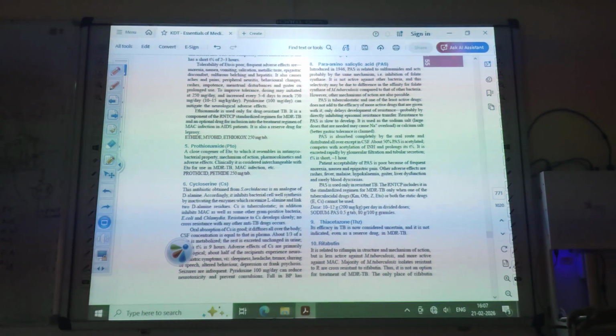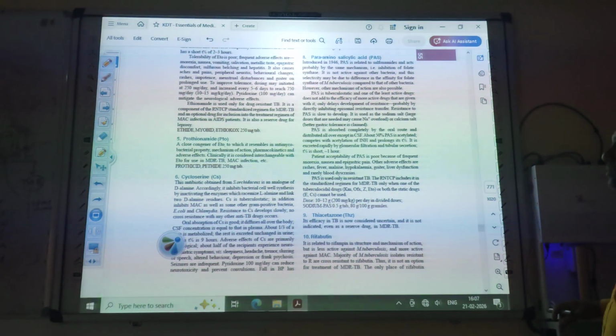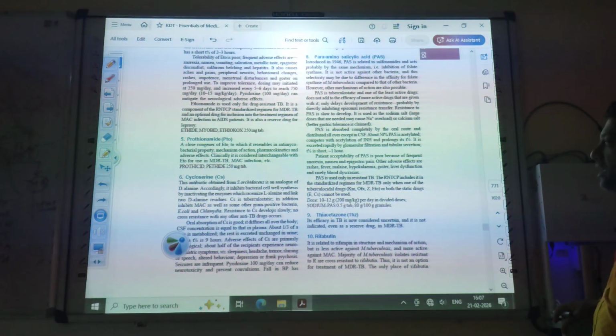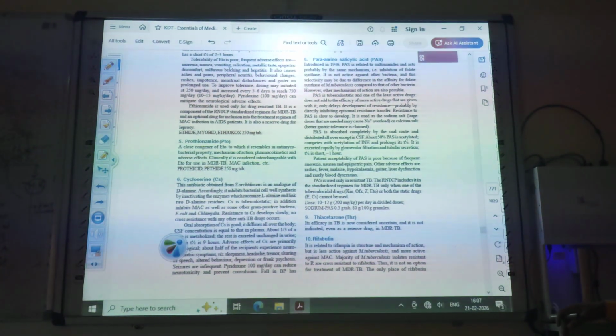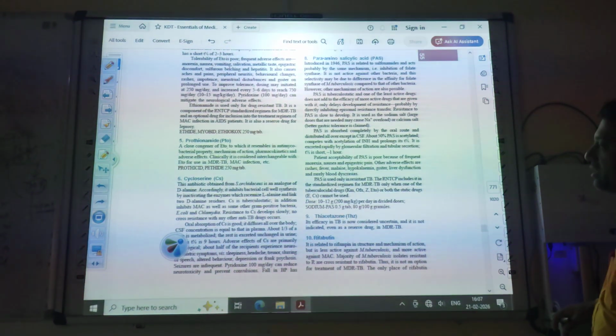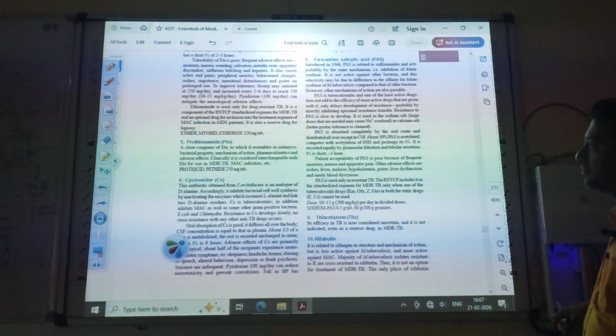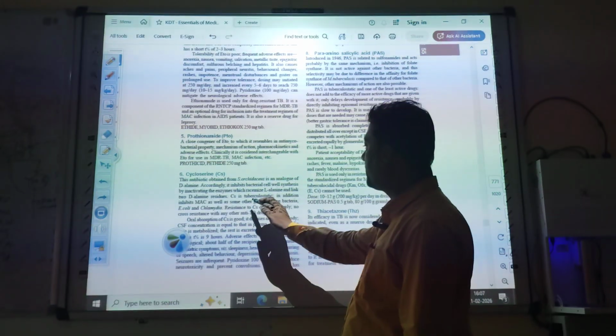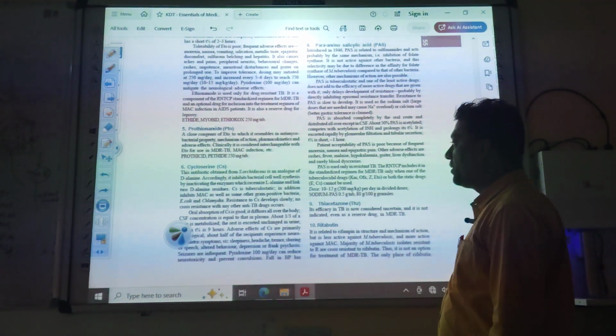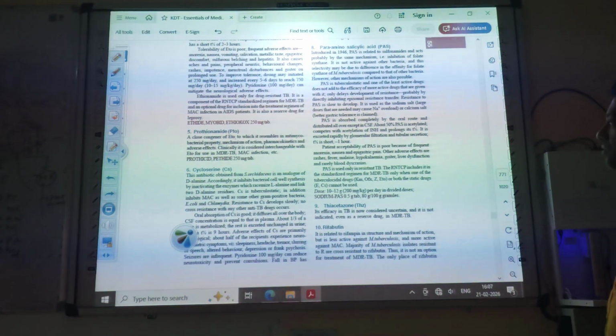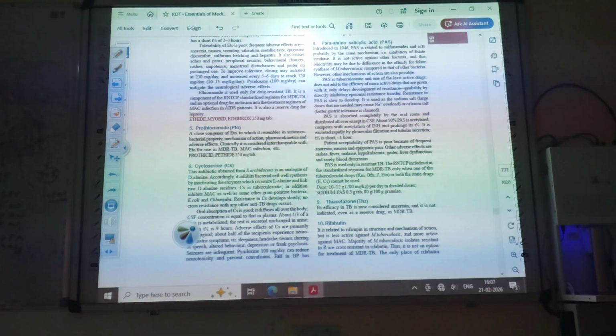If the bacterial cell wall synthesis is inhibited, then what happens? Is it bactericidal or bacteriostatic? It is bactericidal. Okay. Cycloserine, this CS, is bacteriostatic. It will inhibit, not stop. That's why it will be bacteriostatic. In addition, it inhibits